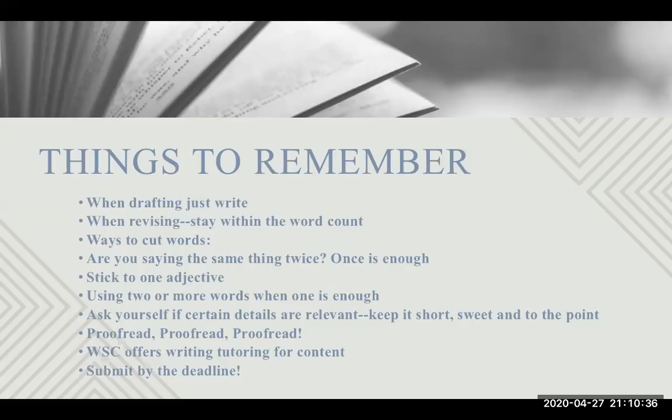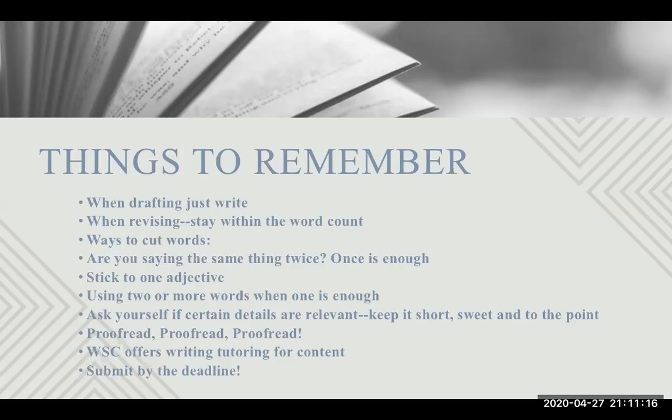Again, proofread. You want to make sure that your grammar and your syntax is clear, so that it doesn't affect the understanding of your essay. So while grammar and syntax are not the top of the things to be concerned about, they are important in the sense that confusing grammar can affect the way someone reads it. So we want to make sure it's not affecting the way someone is understanding what you're writing.